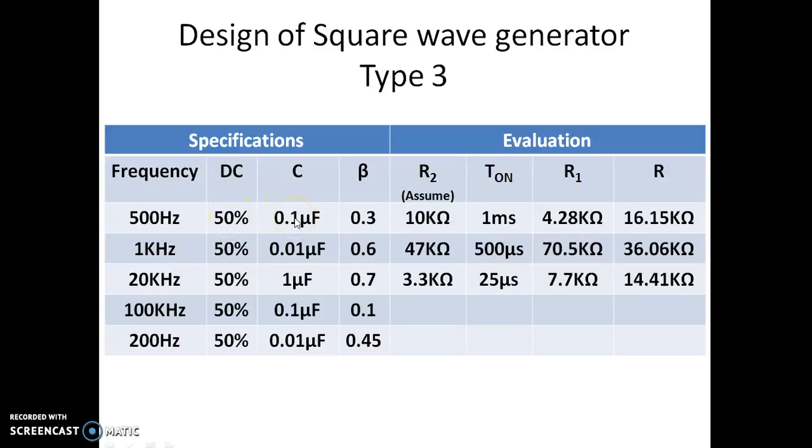The value of the timing capacitor is given, and beta is given. So we can estimate the other parameters, like R1, R2 and the timing resistor. With the value of beta, by assuming the value of R2, we can find out R1 and the value